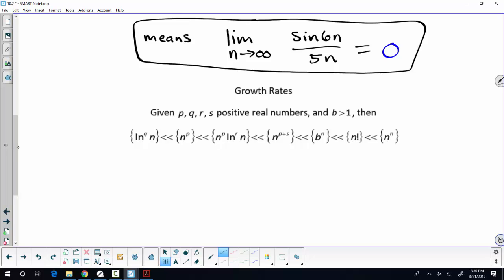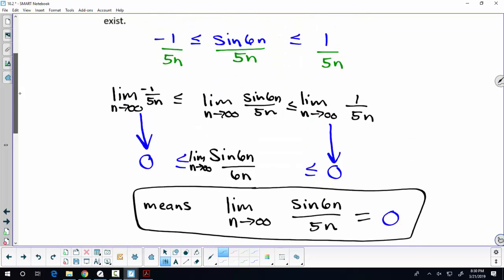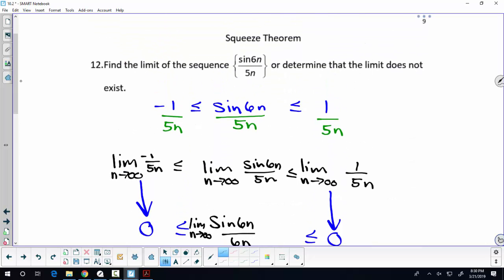And honestly, the reason this isn't panning out for us is, if we directly substitute infinity into here, as n approaches infinity, what does sine of 6n approach? It oscillates, right? All we know is it's between 1 and -1 way out there. So in the sense of a limit, this right here does not exist